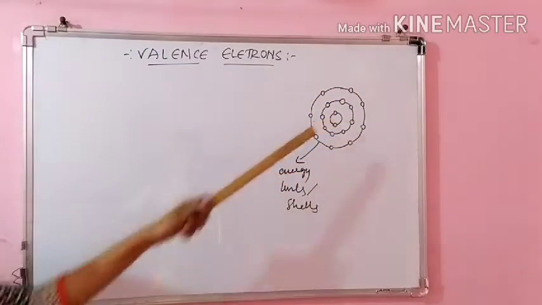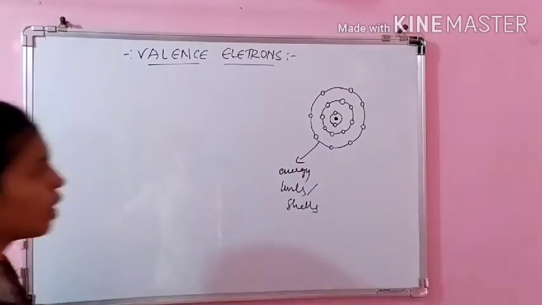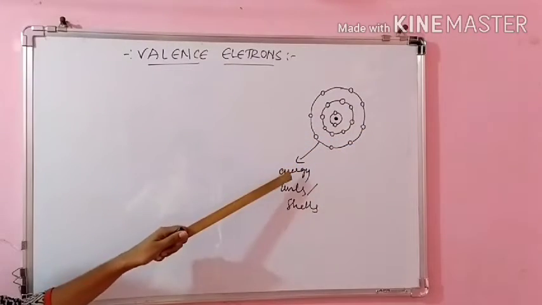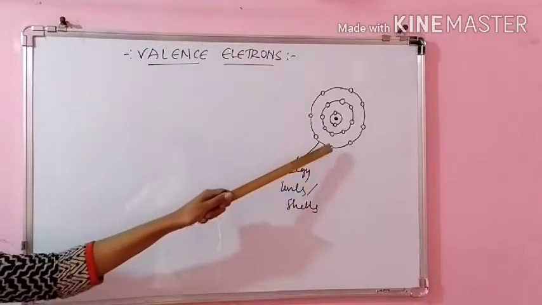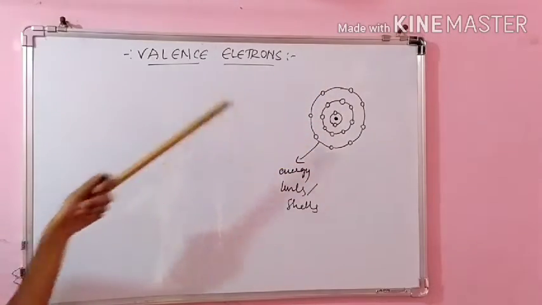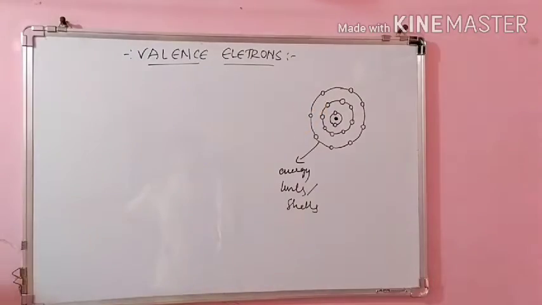Electrons. So here the center is the nucleus. And the circles represent energy levels or shells. Here they can fill the electrons based on the number of electrons that the element has. This diagram is regarding that.